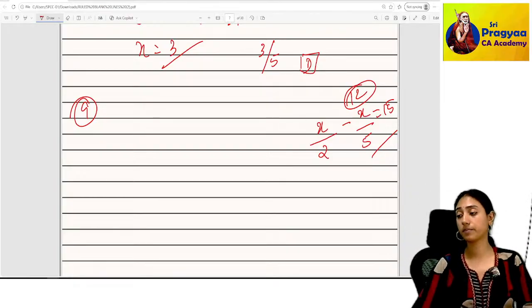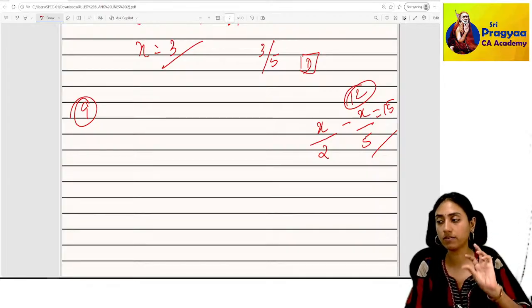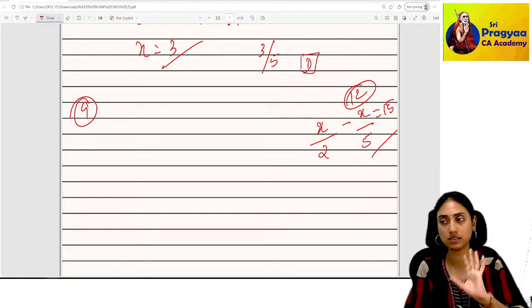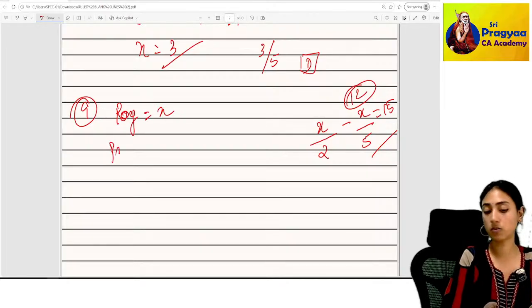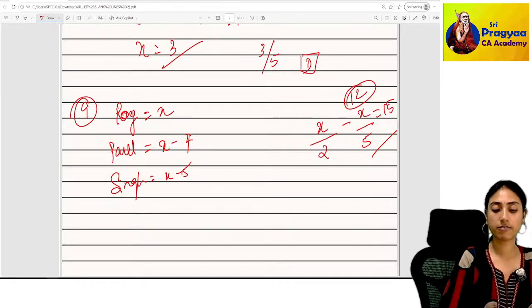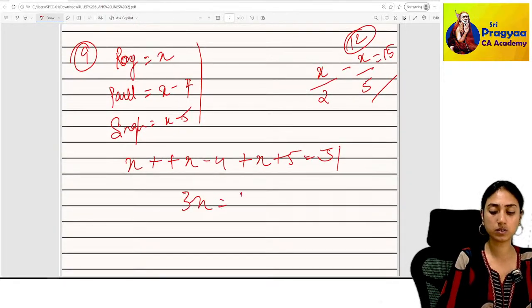So what does this say? There are 3 persons, Roy, Paul and Singh. All put together they have 51 rupees on hand. Paul has 4 rupees less than Roy. Singh has 5 rupees less than Roy. So let's assume Roy has x rupees. Then what will Paul have? X minus 4. What will Singh have? X minus 5. All put together, how much do they have? X plus x minus 5 plus x plus 5 is equal to 51. So 3x is equal to 51